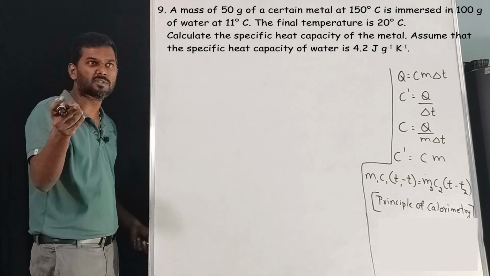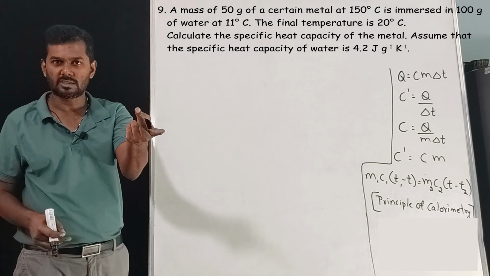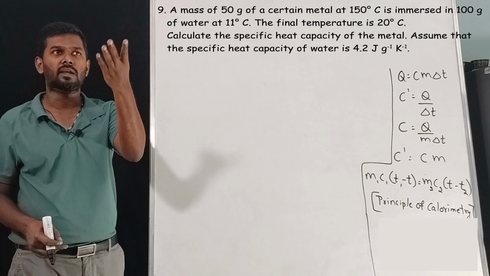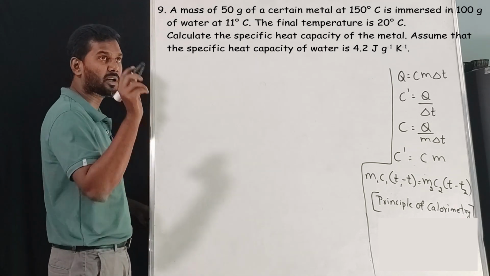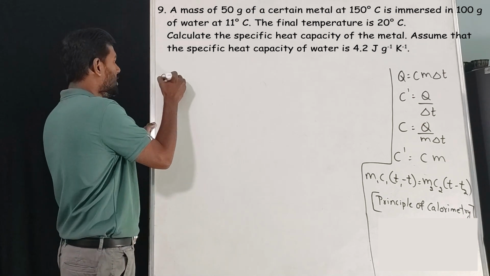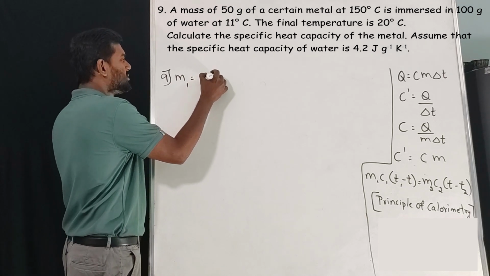The mass, there are two objects, right? So the first object we'll consider as M1, and there are two temperatures, right? The first temperature will be T1 and the second temperature will be T2. Like that, M2 will be the mass of the second object. So the mass of the first object is 50 grams of a certain metal. This is question number 9. M1 is 50 grams